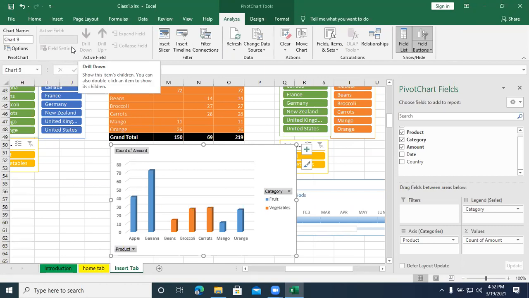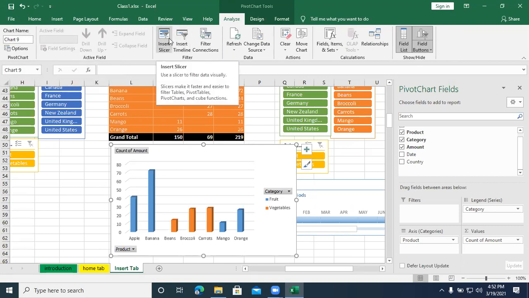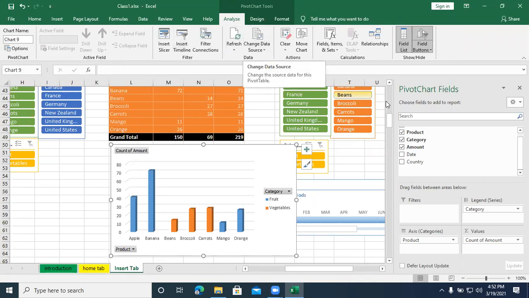You can change the field settings. You can insert a slicer, timeline here also. You can refresh your data. You can move your chart to a different page. You can clear the chart, field list, field buttons. So all these are already available in our pivot table analyze tab.